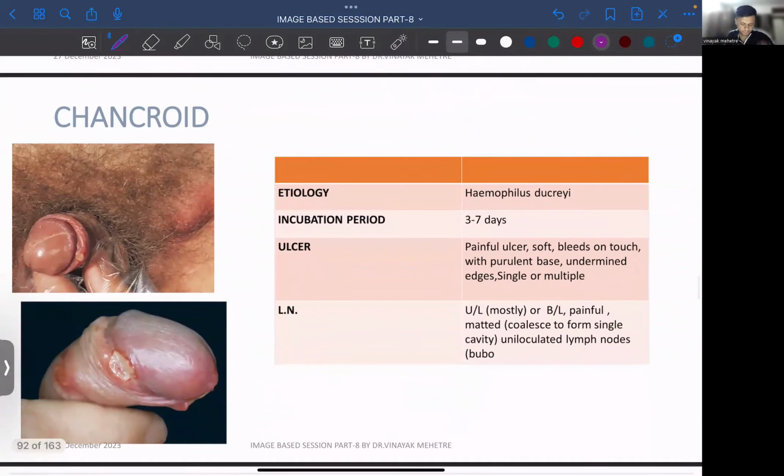Then we come to chancroid. What was there in syphilis? One single lesion, but it was painless. Now over here also, take a look. It looks like a single lesion, but the hint which you have to catch is,